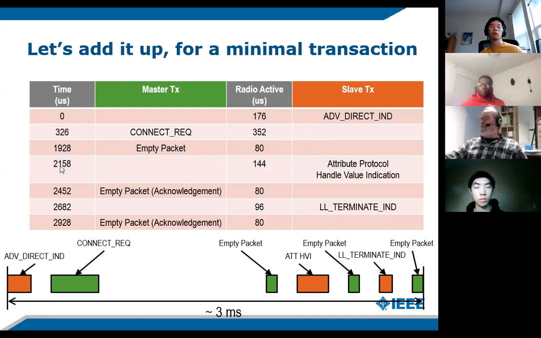It can take basically a couple of milliseconds to deliver the data. Then you come back with an empty packet as an acknowledgement. And then you can send a terminate message. And this message says, yep, I'm acknowledging that we're done. Whole transaction, 3 milliseconds. And they're not even transmitting the whole time either.